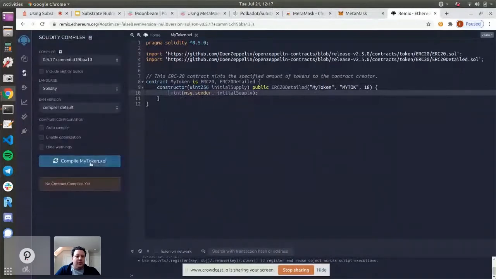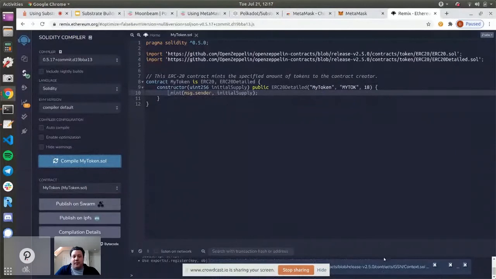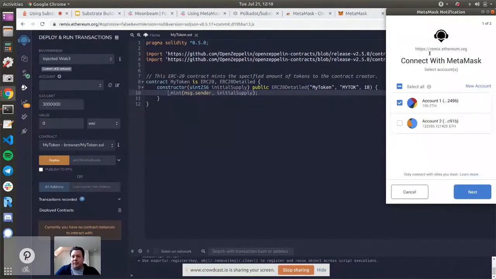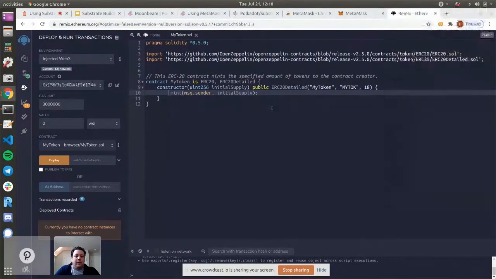And so what I'll do is let's go ahead and compile this contract. And you might see down here that Remix is pulling in all of the OpenZeppelin dependencies that are needed to compile the contract. It's successfully compiled. And so now if we go to the deployment screen, one thing we're going to want to do here is change the environment to injected Web3. So this is going to pull up MetaMask that we were just working on, and it's asking me now for permission to use the Web3 provider that comes along with MetaMask. So this is fine. I'll go ahead and grant permission here.